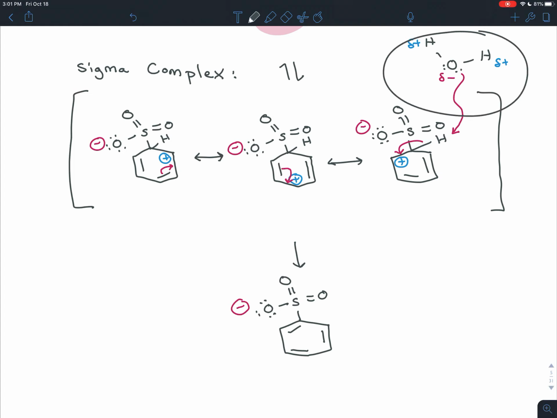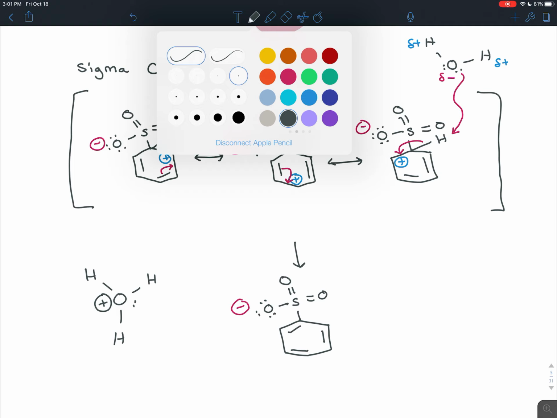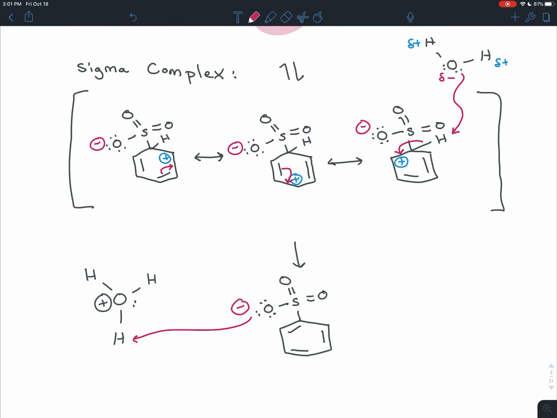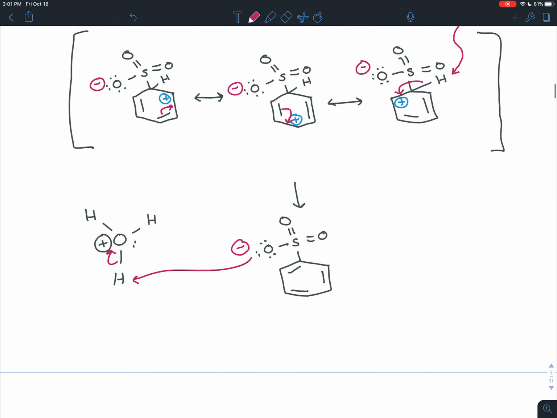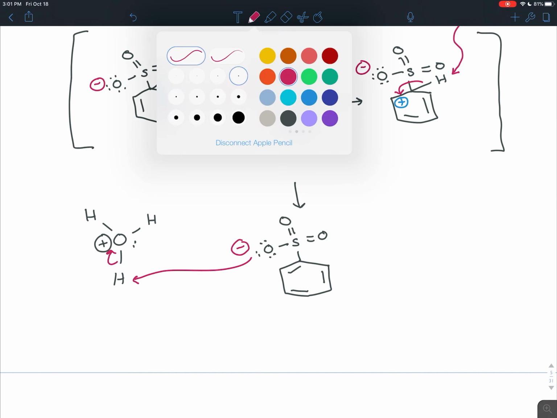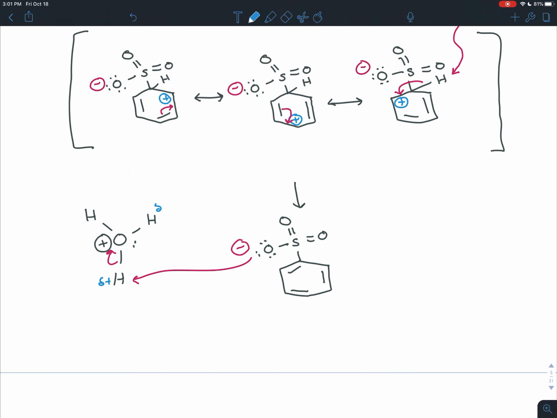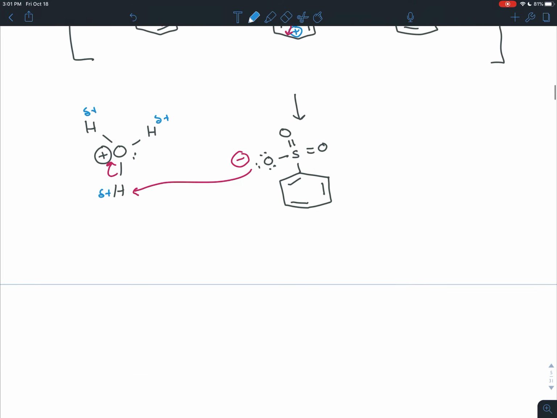And so this H3O plus molecule that we make in that last step, we had water and it accepted an H plus, that is able to act as an acid and donate its hydrogen to the SO3 minus. So each of those hydrogens is really slightly positive because they're bonded to oxygen, which is very electronegative, and the oxygen is especially electronegative because it's attracting electrons with its positive formal charge. So these are really like low-hanging fruit, and when this molecule swoops in, the negative charge easily picks off the hydrogen, and so you end up getting